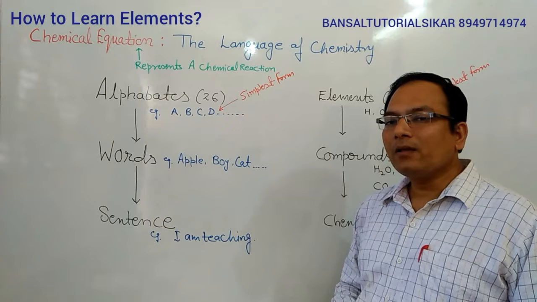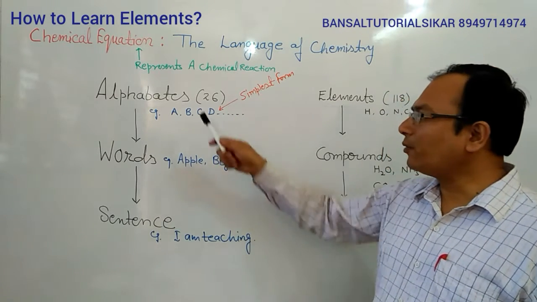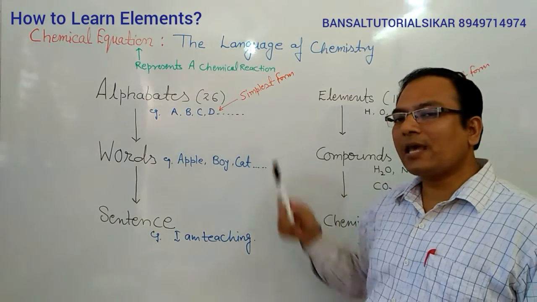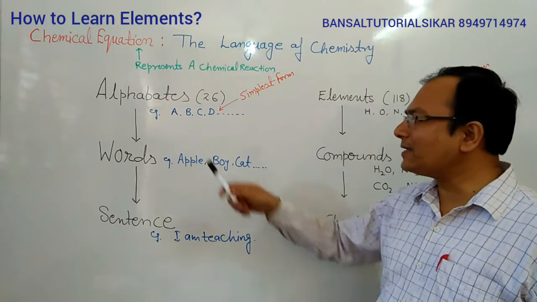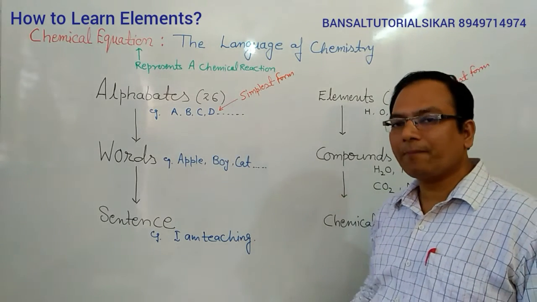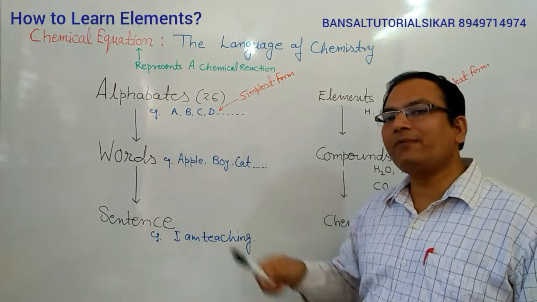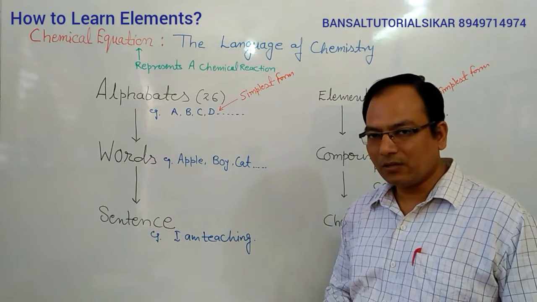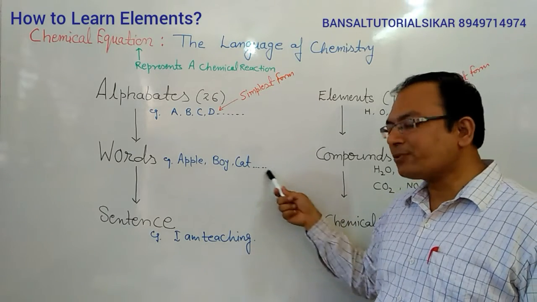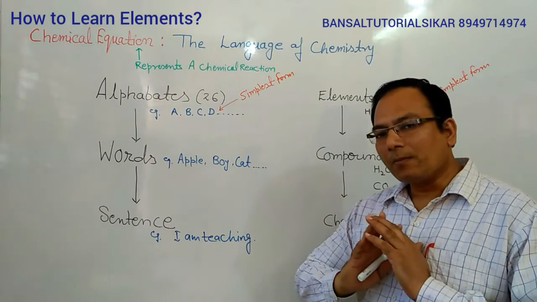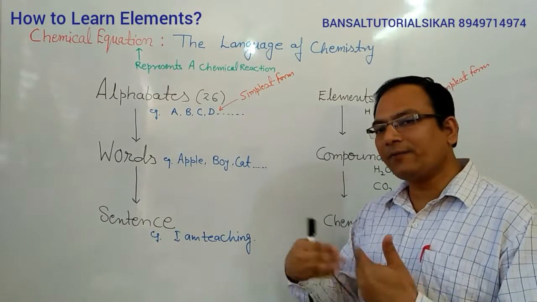For example, to learn the language of English, we first learn about the alphabets, and there are 26 alphabets in the language of English. These alphabets are symbolized as A, B, C, D and up to Z. Each symbol represents one alphabet of the language of English. These alphabets combine to form many types of words. There are many types of words we can form by combining these letters in different ways.